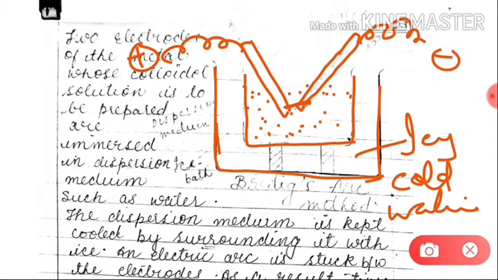spark the metal electrode breaks into fine particles, and these fine particles mix with the dispersion medium. And since the dispersion medium is already put in another vessel which contains icy cold water, when this metal electrode breaks into fine particles, these fine particles aggregate to each other